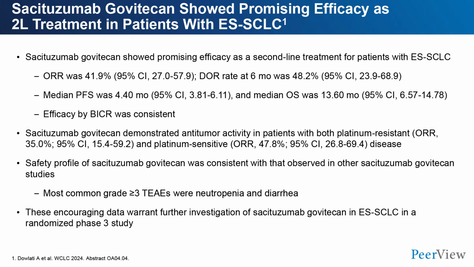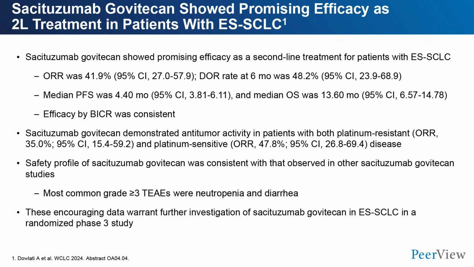Now, sacituzumab govitecan is a second-line treatment for small cell lung cancer. It has shown a response rate of about 42%, with duration of response rate at 6 months being 48%, median progression-free survival of 4.4 months, and median overall survival of 13.6 months. This has been seen in both platinum-resistant and platinum-sensitive disease. Not surprisingly, we see a higher percentage of responses in those with platinum-sensitive disease, and often say that platinum-sensitive represents